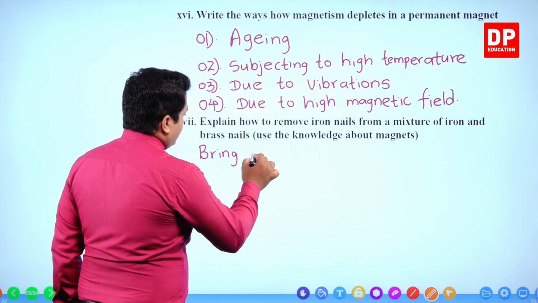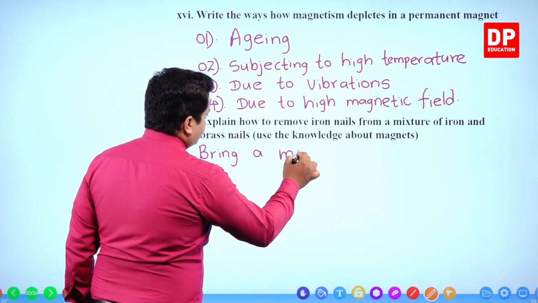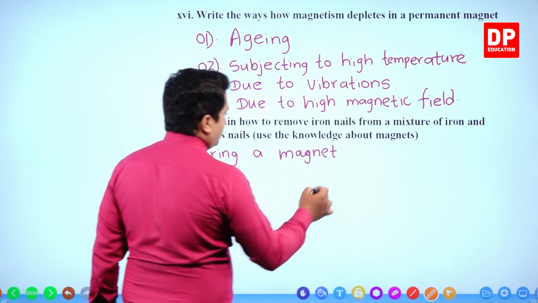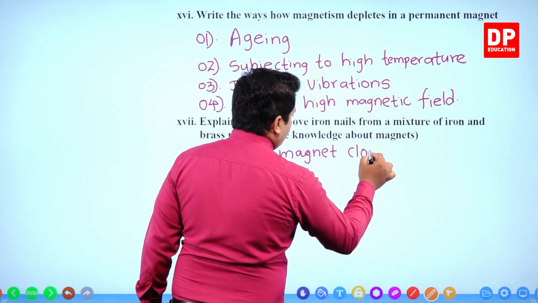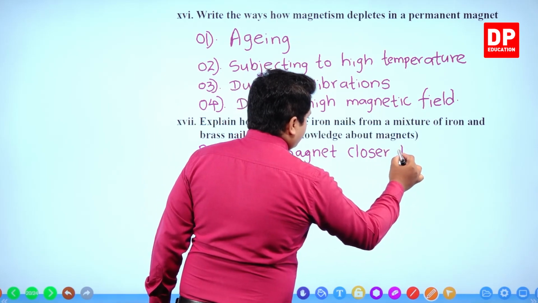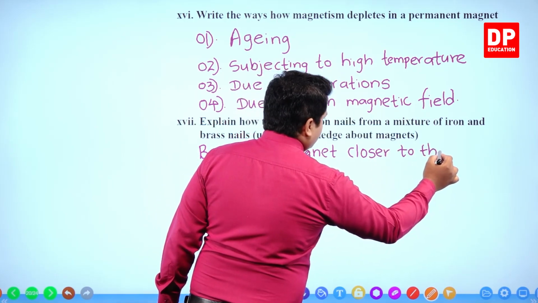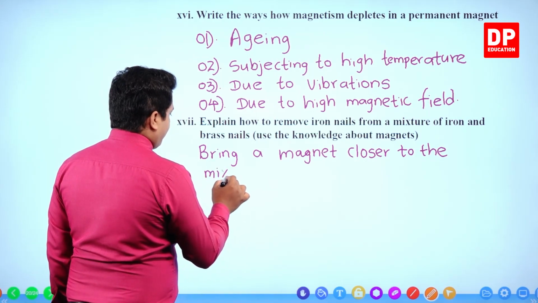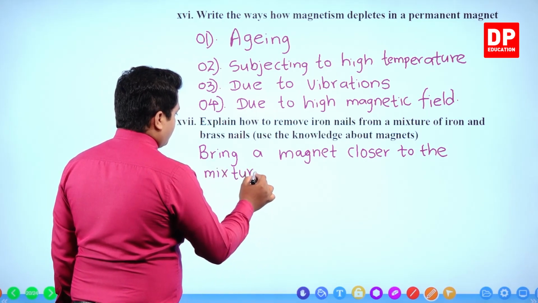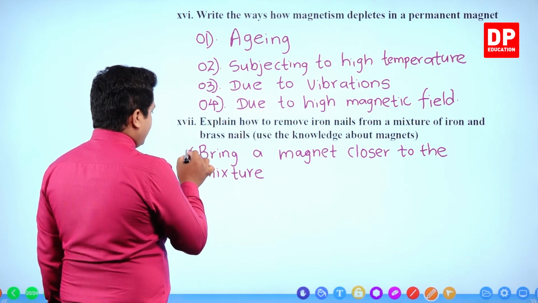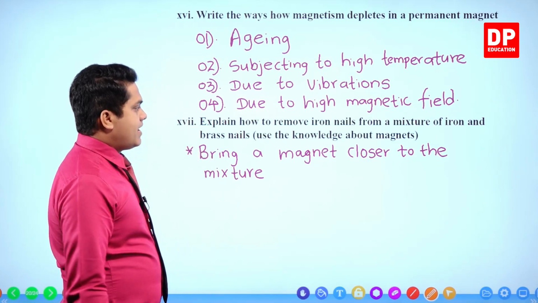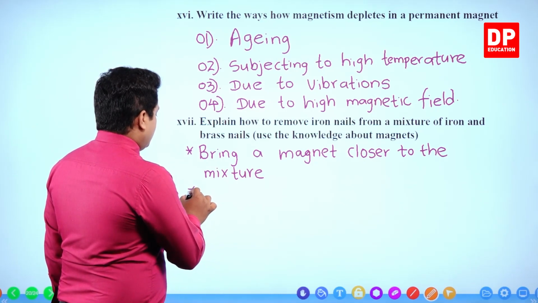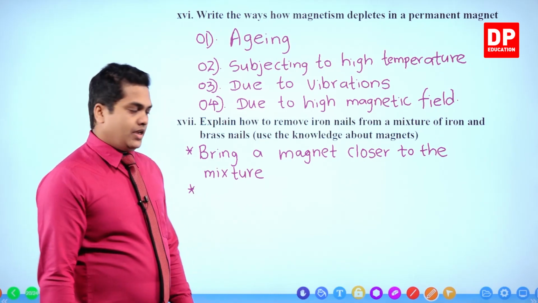Bring a magnet closer to the mixture. Okay, so I'll write this in point-wise. Bring a magnet closer to the mixture. In the next step we can write,